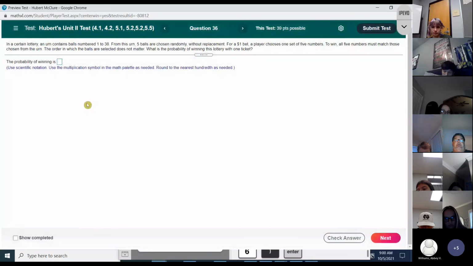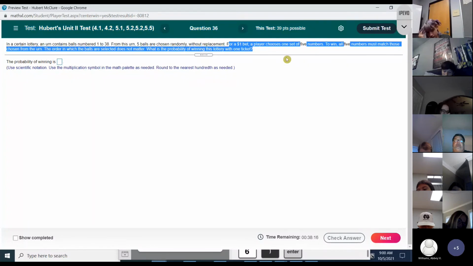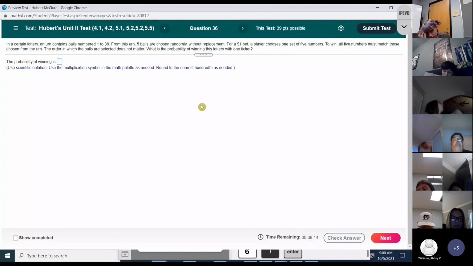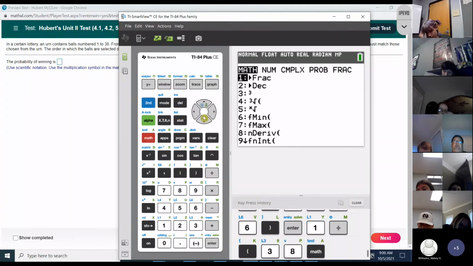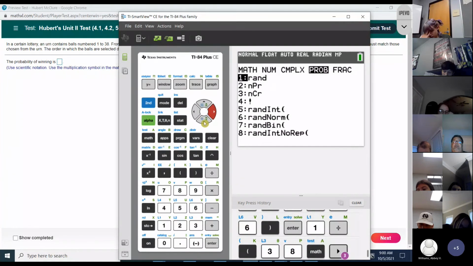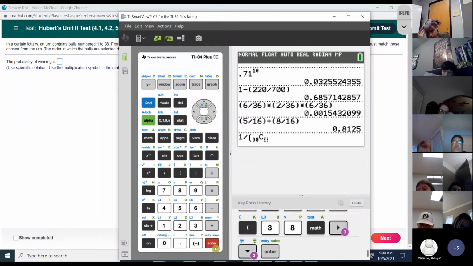In a certain lottery, we've already done this, but this one you have a $1 bet. So your answer is going to be 1 over. So I better do this one. So 38, 5 balls, 1 ticket. So that's going to be 1 divided by parentheses 38 math probability combination 5 balls close parentheses,